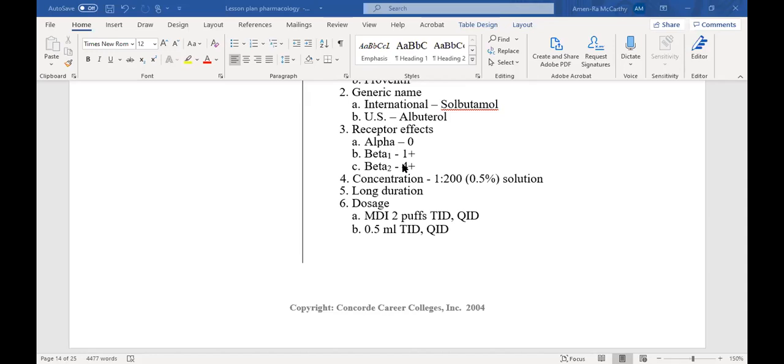But it does have some beta 1, right? So that means not only are we going to get massive amounts of bronchodilation, but we're still going to get that nagging beta 1 effect. We're still going to have a little bit of heart rate going up. You know what I'm saying? Like if their heart rate is already 110, 115, you might not want to give them albuterol. Sometimes the doctor will only give them the Atrovent, or they may even go to the Xopenex, right? So instead of the DuoNeb, where I'm getting ipratropium bromide, which is the Atrovent, mixed with the albuterol, sometimes they'll just give them the Atrovent only because they have heart effects, and that'd be something they give every 4 hours